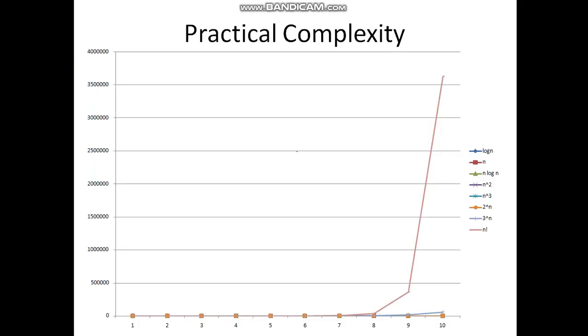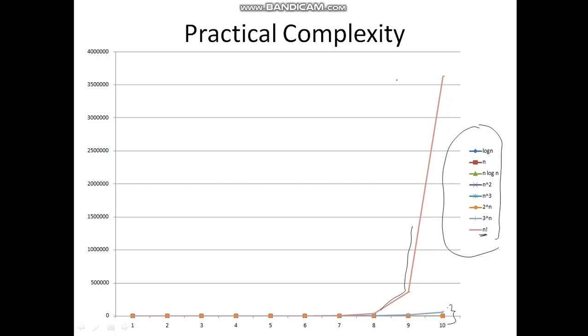Now here I have drawn a graph for many of the functions. There is log n, there is n, there is n log n. The growth function is for all, but what is happening is n factorial is growing very much quickly after 8. So that's the reason you can see only this particular function, and we cannot analyze how these other functions are growing. Actually there are eight functions constructed here, but after 11 this function is going very much quickly, so we are unable to see all the remaining functions.